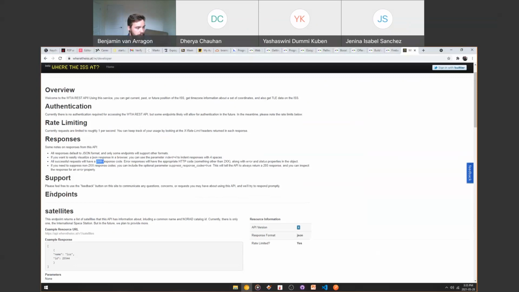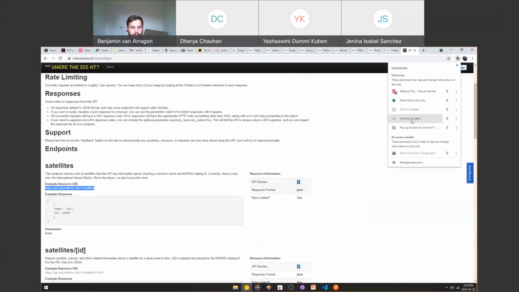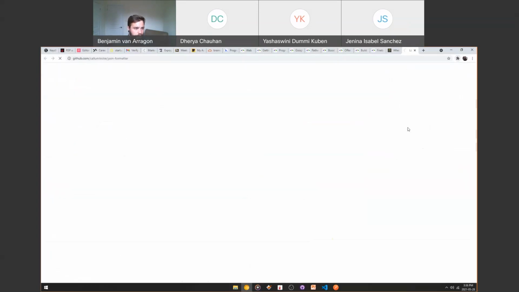Support endpoints. Okay, so this is the good stuff. Endpoints. So we have an endpoint called satellites. So we can see here https://api.wheretheiss.at/v1/satellites will respond something like this. So let's put it in here. Now I just want to turn this off. I'm just going to disable